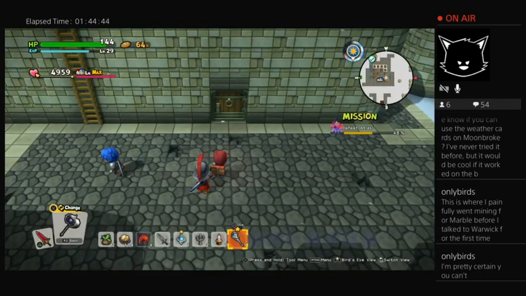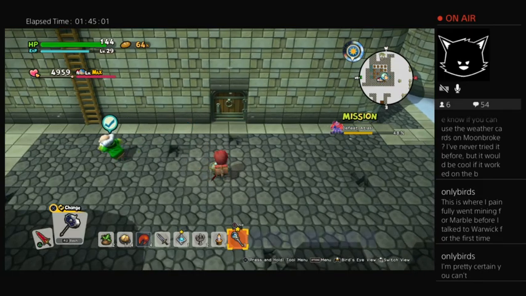Yeah, they're pretty strict about where you can use the weather cards, especially because they were added later in the game, so I don't think they added anything for the story islands with the weather cards. Weather cards are epilogue items, so...